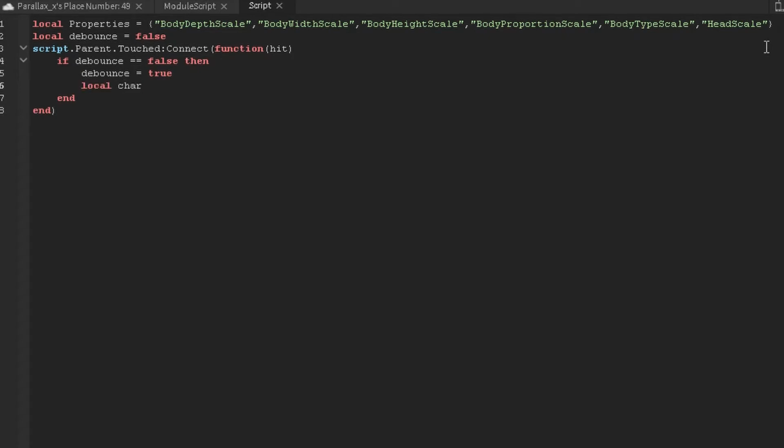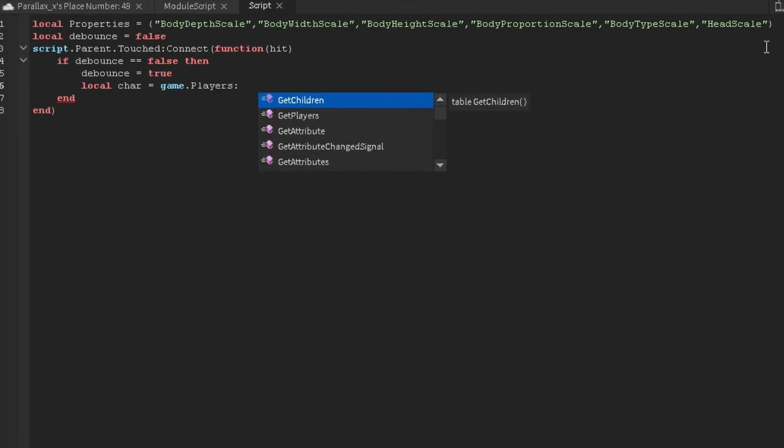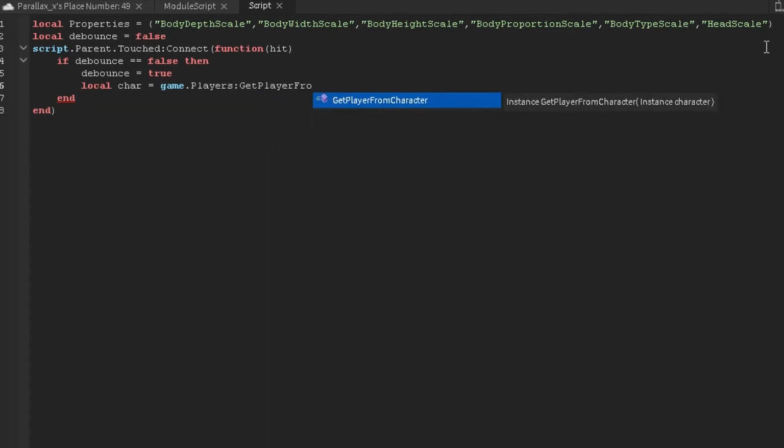Then local char, which is short for character basically, equals game.Players:GetPlayerFromCharacter, then hit.Parent, and of course I made the brackets again, so I'm just going to fix that real fast. You don't need double brackets. Okay,